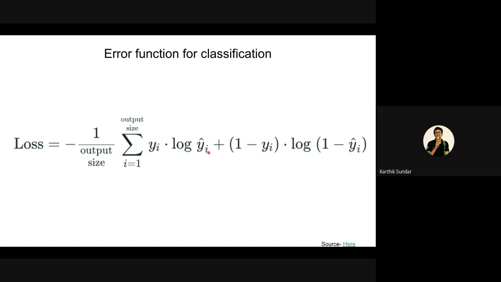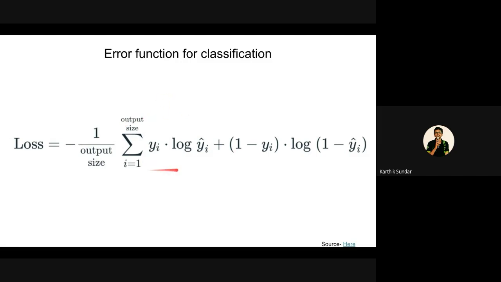Let's say your prediction is very close to 1, that is y cap is very close to 1. Then what is log of 1? Log of 1 is 0, which means the loss is 0. So when y equals 1 and you are predicting something close to 1, the loss is less. Let's say y equals 1 and you are predicting something close to 0, like you are doing the other way around. The actual output is 1, but you are predicting something like 0.1. What does log of something that goes to 0 become? It is minus infinity, and since we have a negative sign outside, it will be plus infinity.